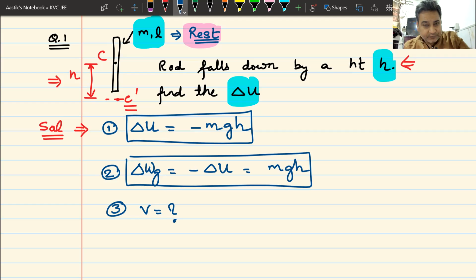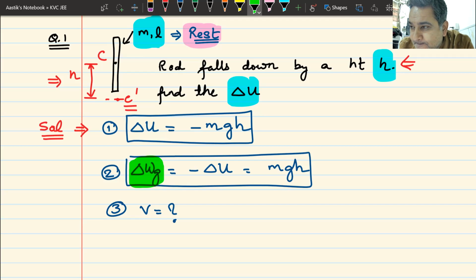Your answer is correct. Your process is also very correct. But I must warn you that you must be careful when you apply this. Did you get this better? Please don't take it otherwise. Root over 2gh, sir. Answer is correct. Your process is also correct. I'm saying the same thing, but that is not how it has to be done. You have taken the entire context of the chapter and thrown it out of the window. I talked about work done, and I told you most of the questions that you get. Yes, beta.